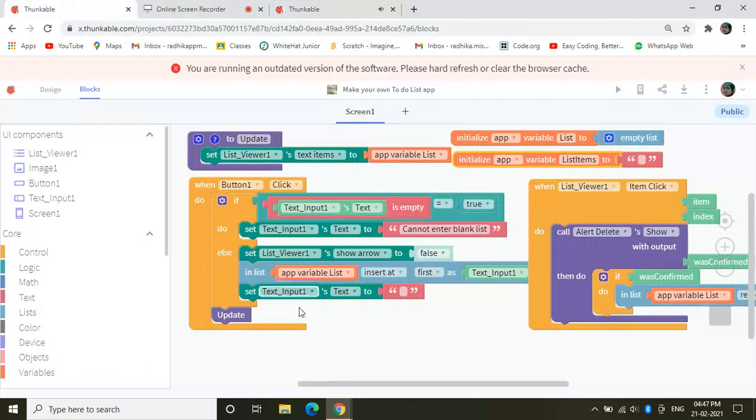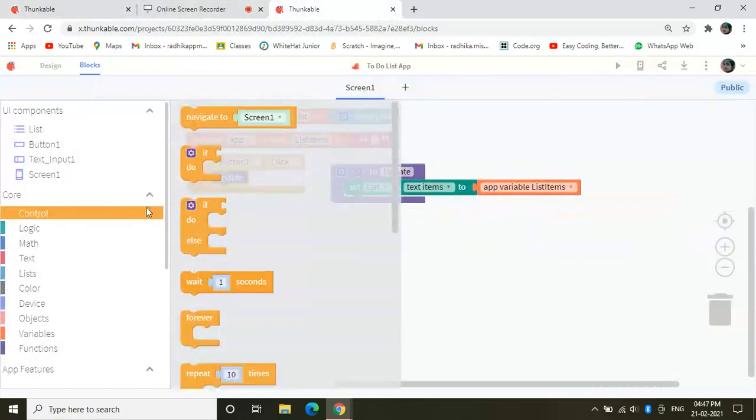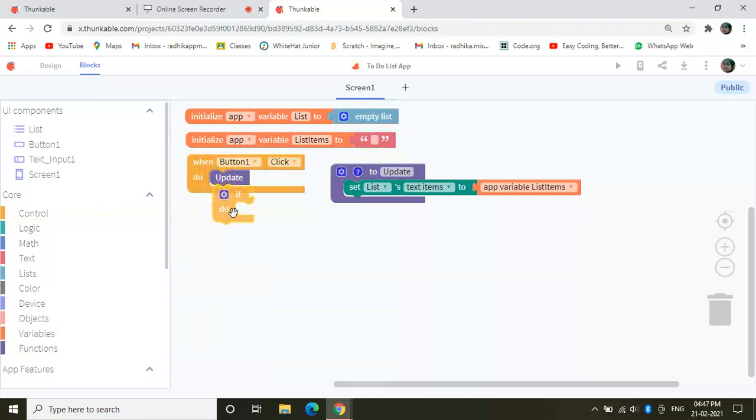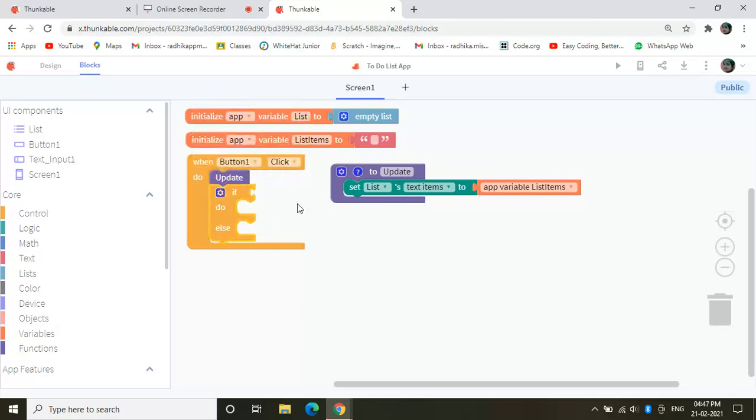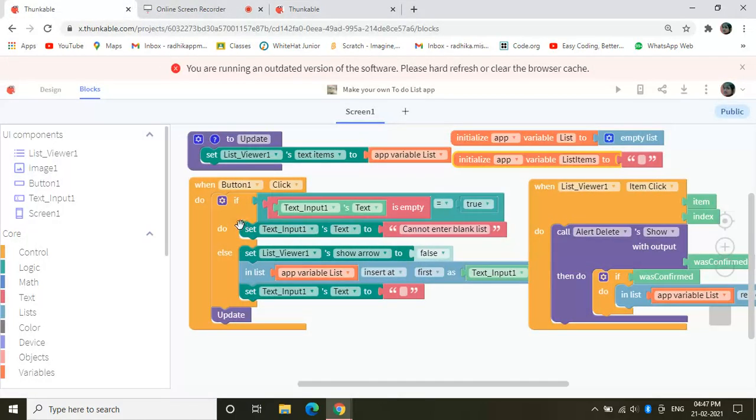But before that code, I'll drag an if-else block. If you're dragging an if block, make sure to click on the settings and then add an else to this if block, and then click again on the settings button to close the menu. Now, when you're done with it, go to logic